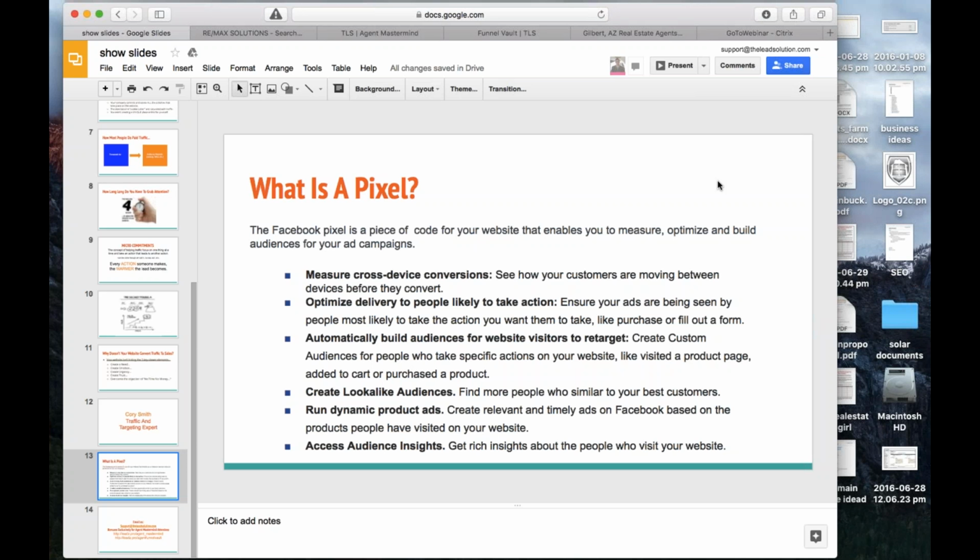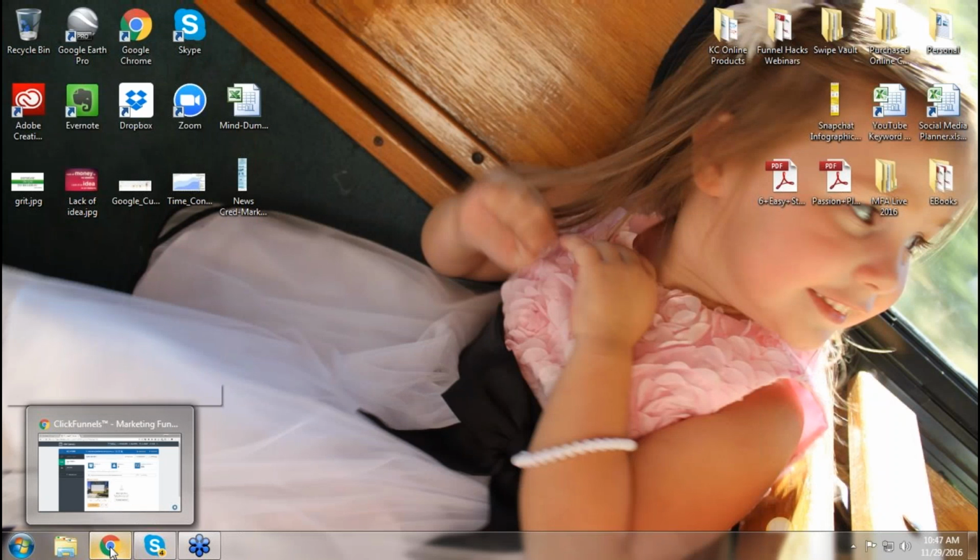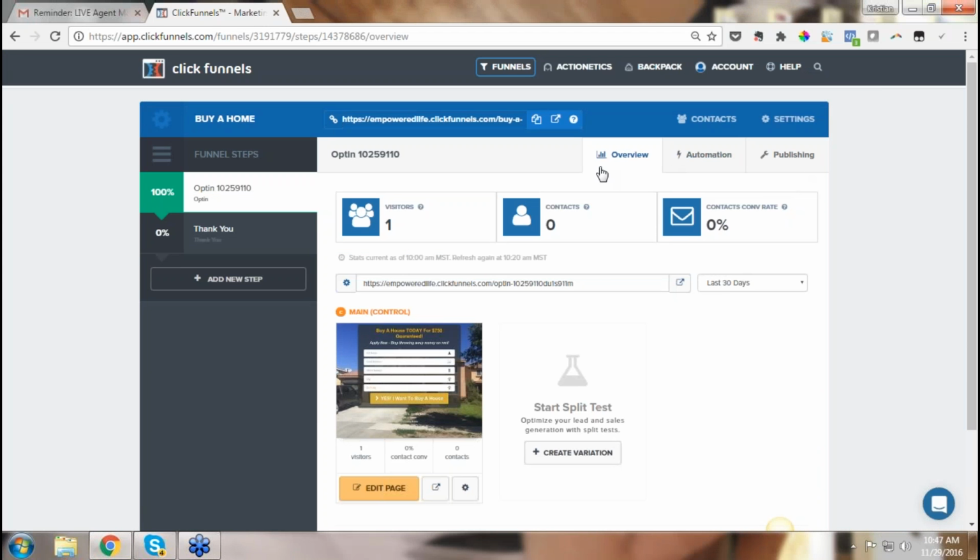Can I minimize and still see you guys and share my screen? Are you guys seeing my screen? If you click share my screen under sharing, we'll be able to see your screen. Now do you see everything? There we go. Okay.